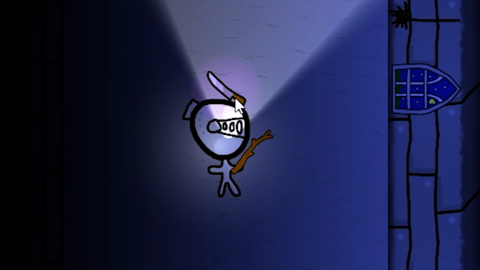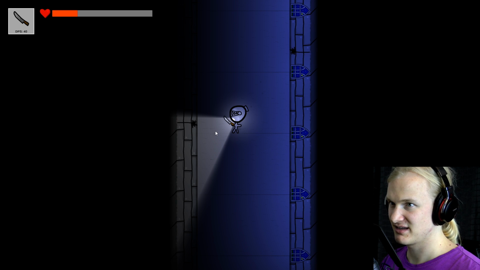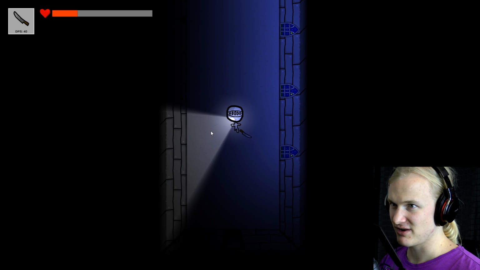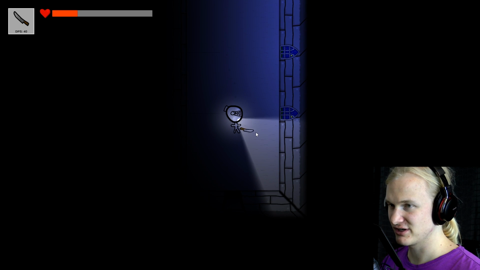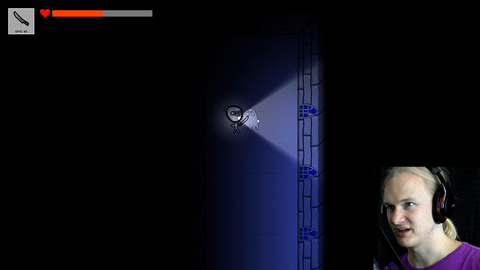We'll obviously take that if it has a higher DPS. And even though this is more DPS, it still has that awkward delay. Like the animation doesn't even start right away. With stuff like that, it just makes such a big difference. Every little frame makes such a huge difference. Like I want this to be way more instant when I click the button. Quite a long game for a game jam game.